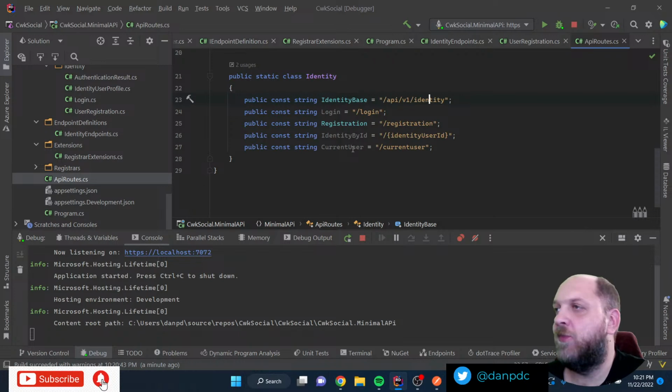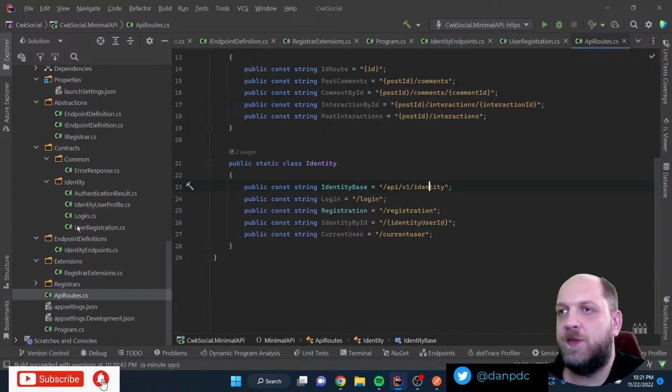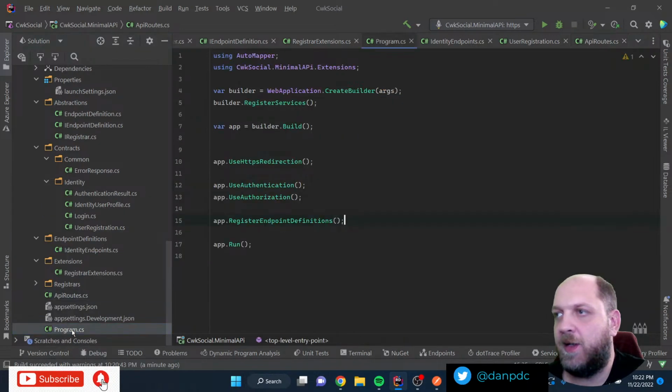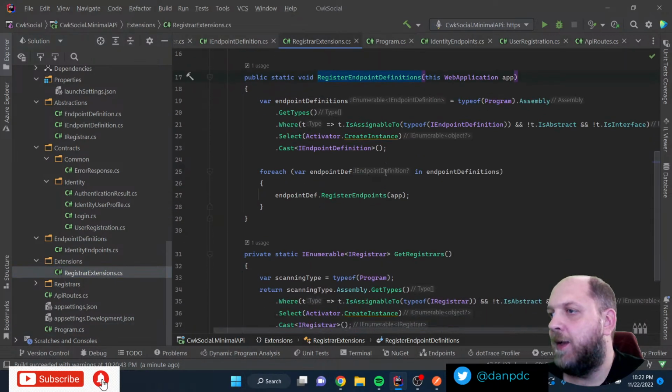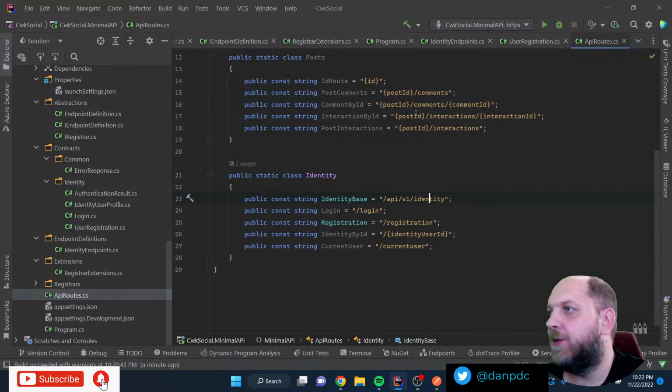If I missed something, please let me know. In the meantime, what we can also do is take a look into the program.cs class. We have actually run this register definitions, and then let me go to this register. Where is it? It's here. And we are in this register endpoint definitions. Let me put a breakpoint here. Let me once again take a look at the route.